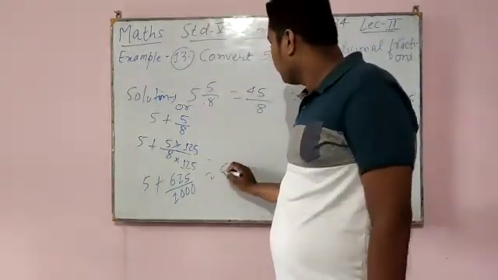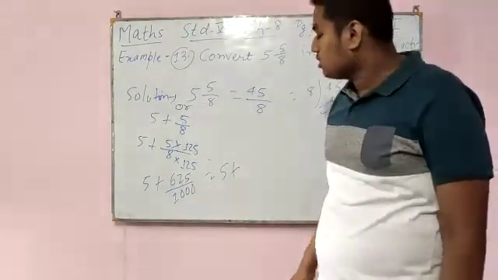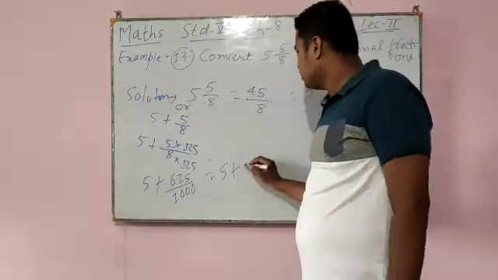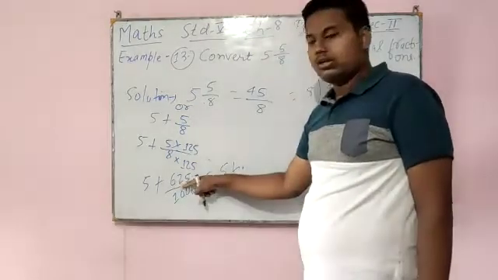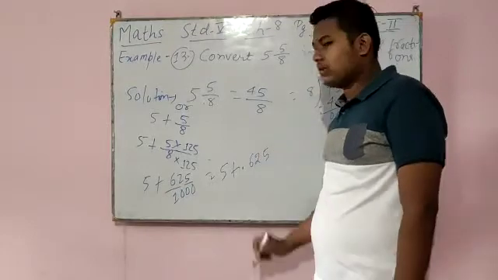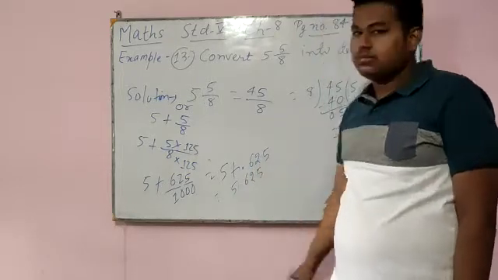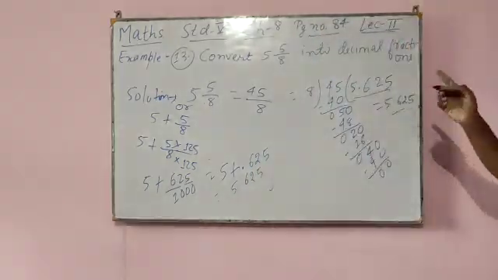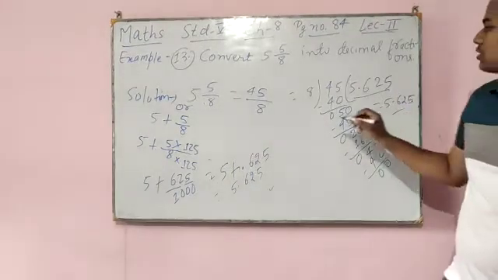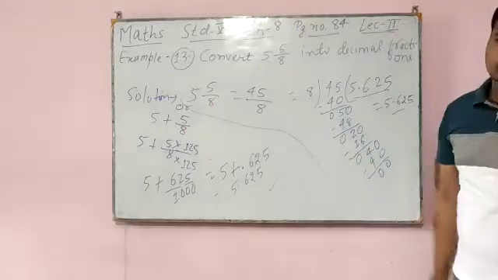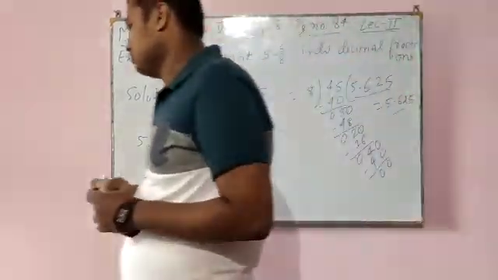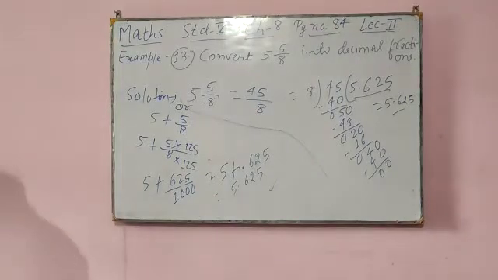Now 5 plus, when you will divide 625 by 1000, see this one take it as a decimal, and 3 number is also here, 3 number is also here, decimal 625. Now add 5 decimal 625. So when you will add, you will get only 5 decimal 625. See this answer and see this answer. Both answer is same. So either you can solve this question this way, or you can solve this question this way. So example sum is over for exercise 27.